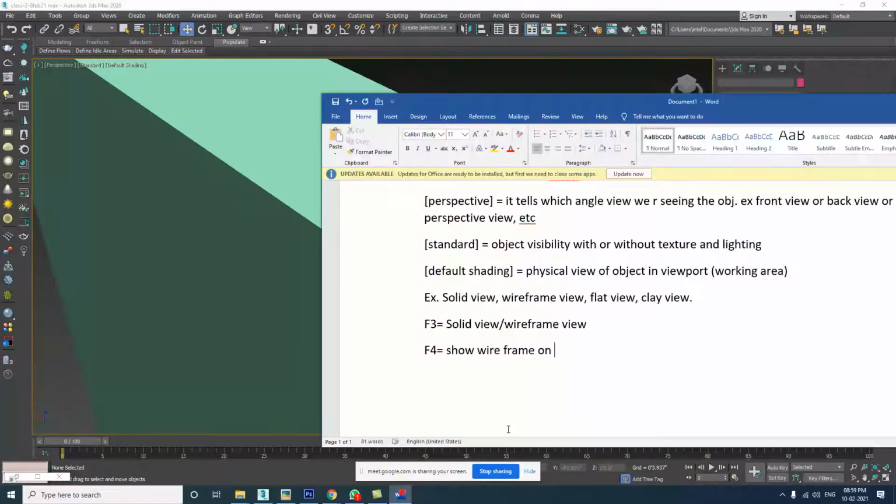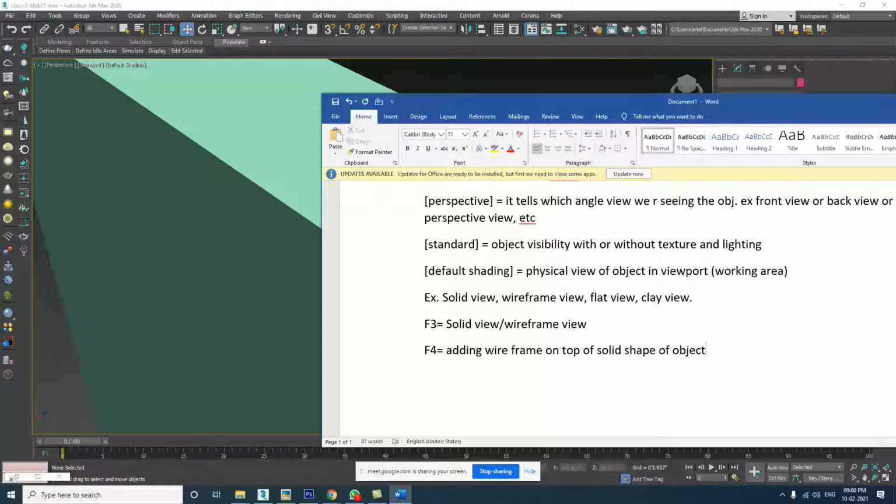F4 is adding wireframe on top of the solid shape of the object. So the concept is clear to you?